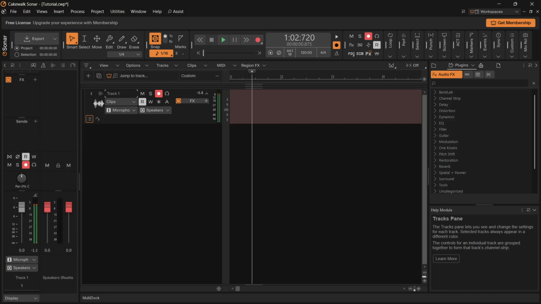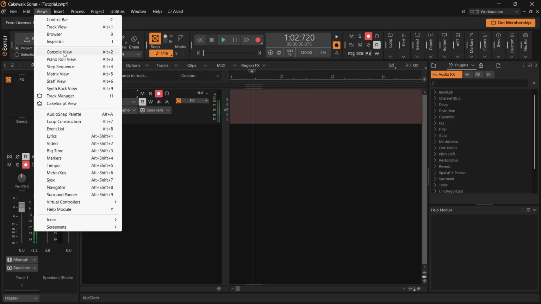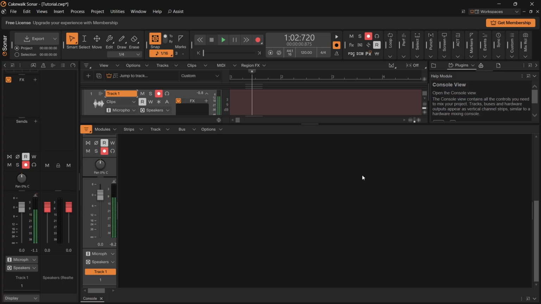In this video, I'm going to show you how to create a bus in Cakewalk. Now, the first thing you have to do, you want to open the console. So to do this, you want to go to Views up top, and then you simply want to click on this console view over here, or just press Alt+2 on your keyboard, and that's going to pop up down here